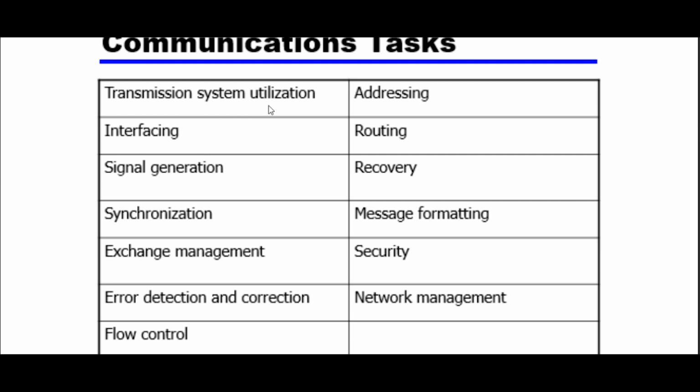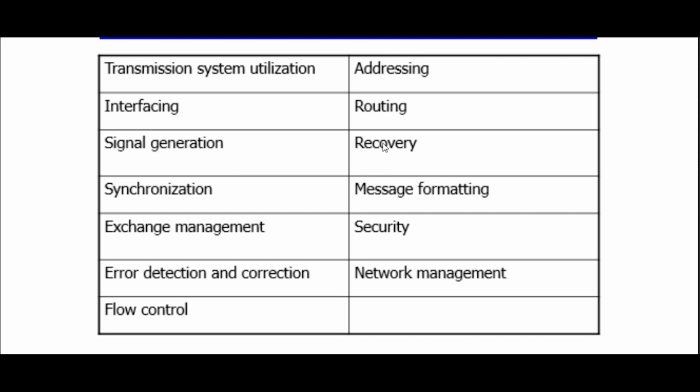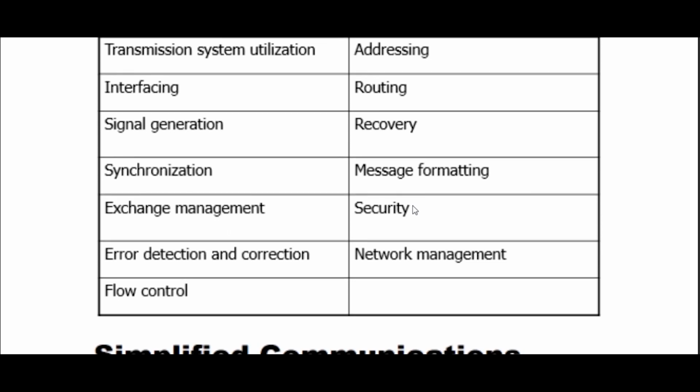That is transmission system utilization, that is how we are using the system that we are using for transmission; then addressing, that is what the source and destination addresses of the receiving and sending entities are; then interfacing and routing, what route the data will use for moving from one point to another; then signal generation, that is what signals will be used to send the data and how they will be generated; and then recovery, that is if the data is lost or changed, how it will be recovered; then synchronization, how we synchronize two systems with different timing and different clocks; and then message formatting, how the message is formatted